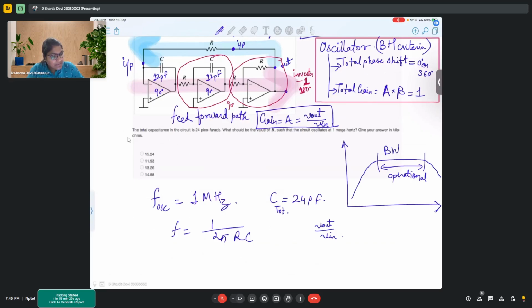In these other ranges, the parasitics and other capacitors start coming into the picture, because of your interconnects and everything. But in the bandwidth, we are only talking about the externally connected